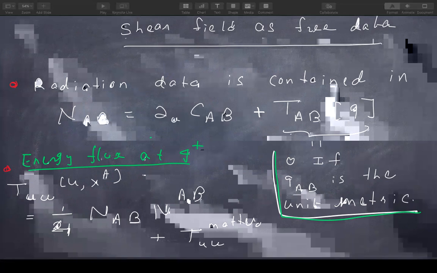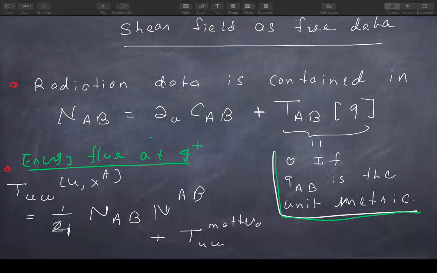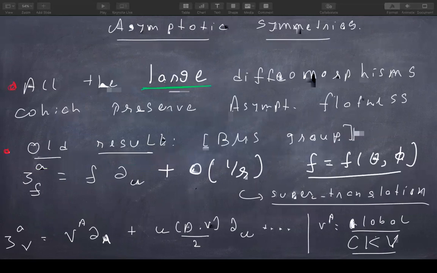One explicit way to see that the radiation data is contained in the News is to just look at the energy flux at Scri, which is just the UU component of the stress tensor, which depends on the News explicitly, and whatever massless matter you may have in your theory, which may be leaking out to null infinity. Okay, so that's the structure of the space of all asymptotically flat geometries,